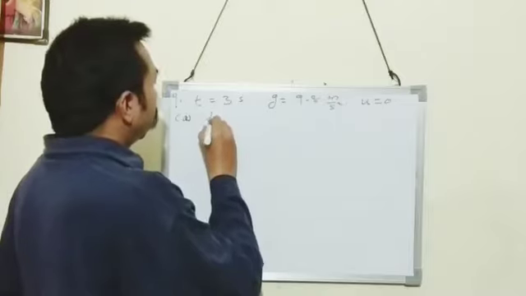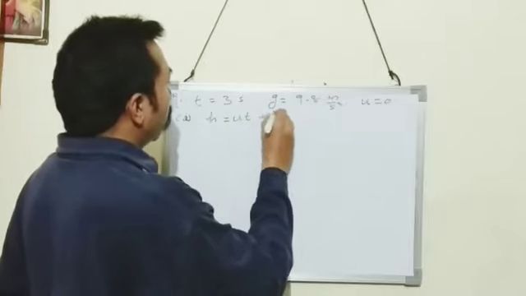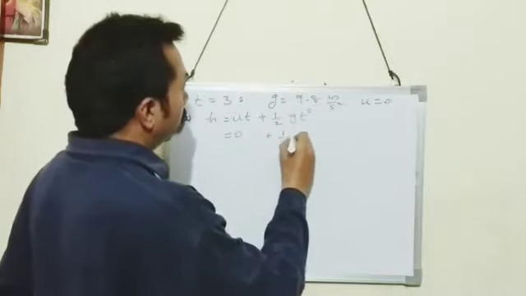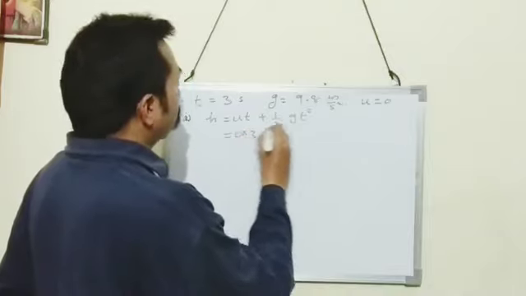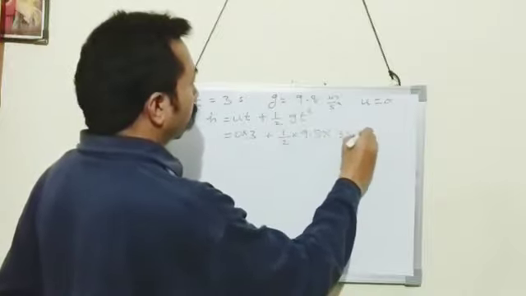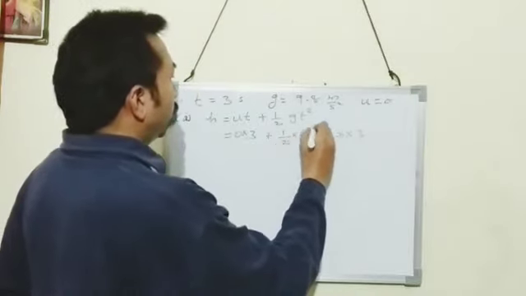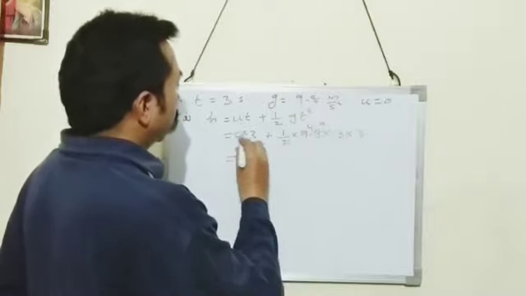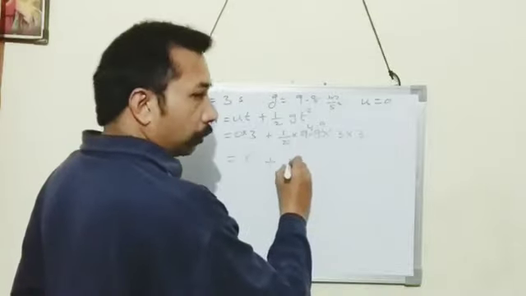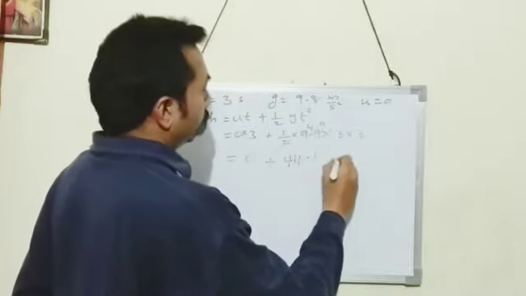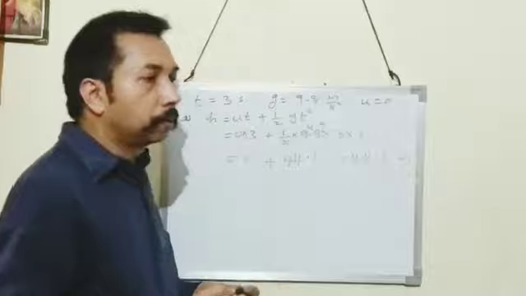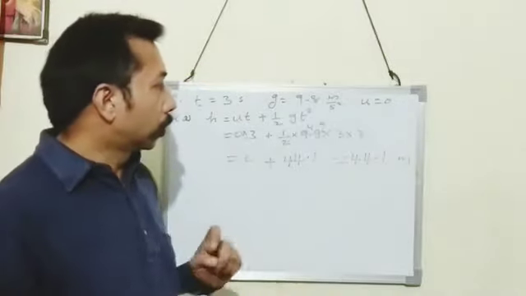So we use the formula h is equal to ut plus half gt squared. u is 0, plus half g t squared, half of 9.8 into 3 squared, 3 into 3. So half of 9.8 is 4.9. 0 into 3 is 0, 0 plus 4.9 into 9, that is 44.1 meters. So this is the answer of the first part: the height from which the ball was released is 44.1 meters.